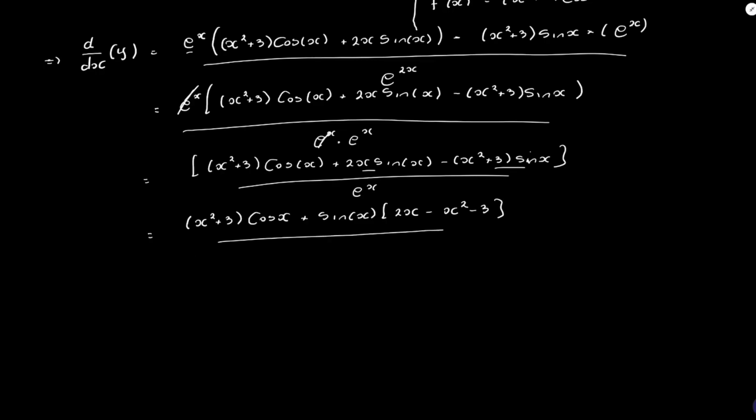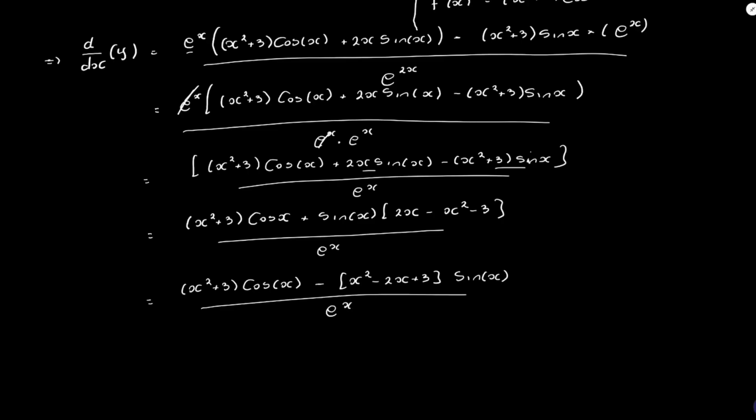All divided by e to the x, leaving us with x squared plus 3 cos x minus, we can still remove it out, x squared minus 2x plus 3 into sine of x,